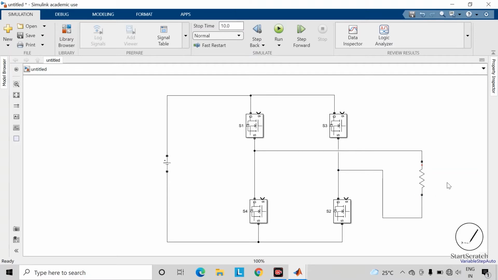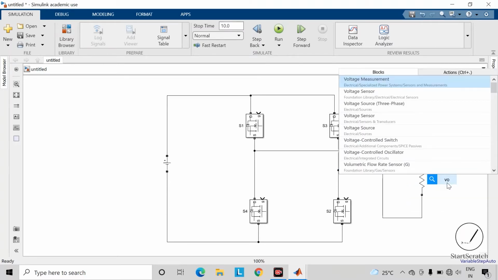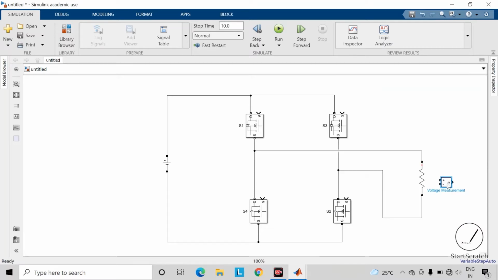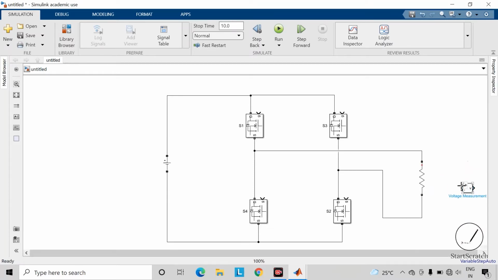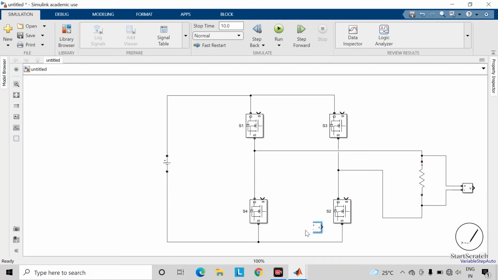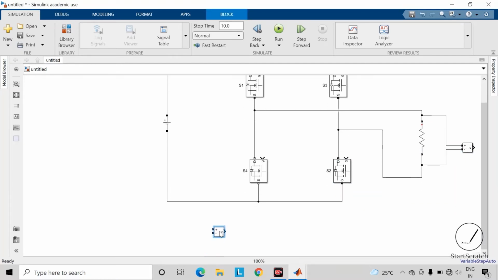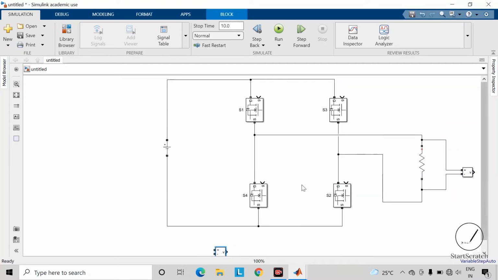Take voltage measurement block and connect it across this load side. Copy this block and connect here across this supply side as well.